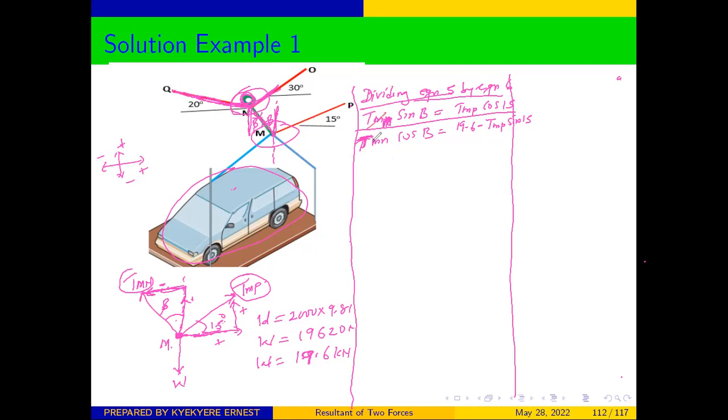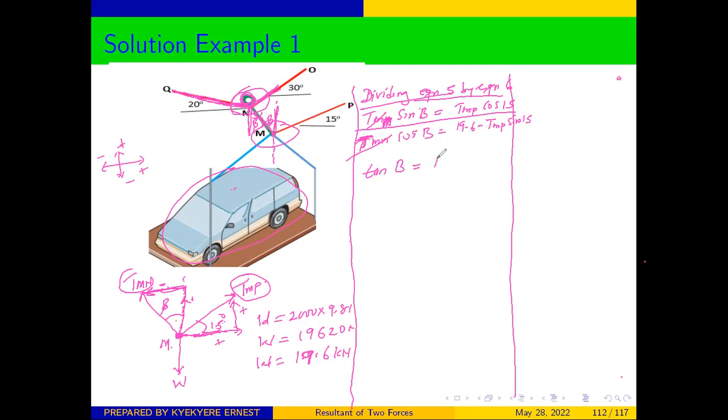Here TMN will take away TMN, and sine over cos is going to give us tan beta is equal to... when you simplify, we have TMP here and TMP there. So when you put the value of TMP, which we calculated previously, which is 1.74,